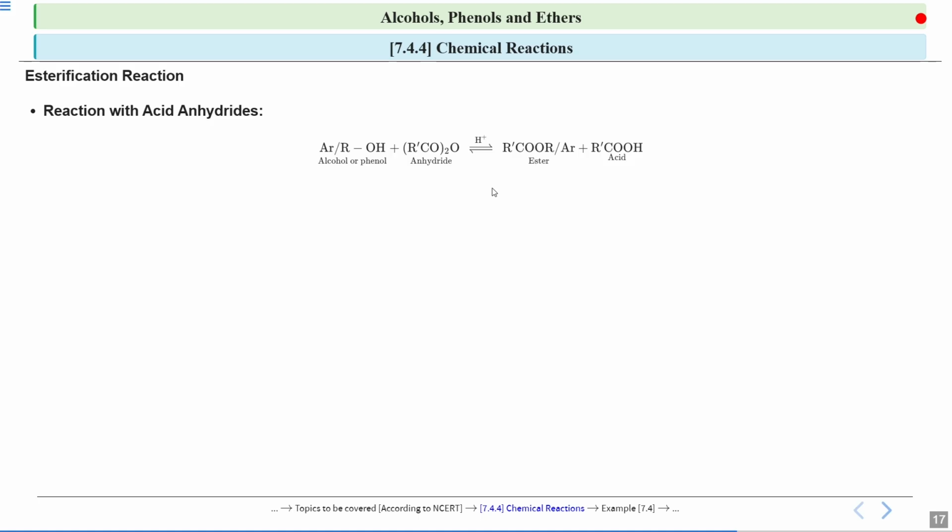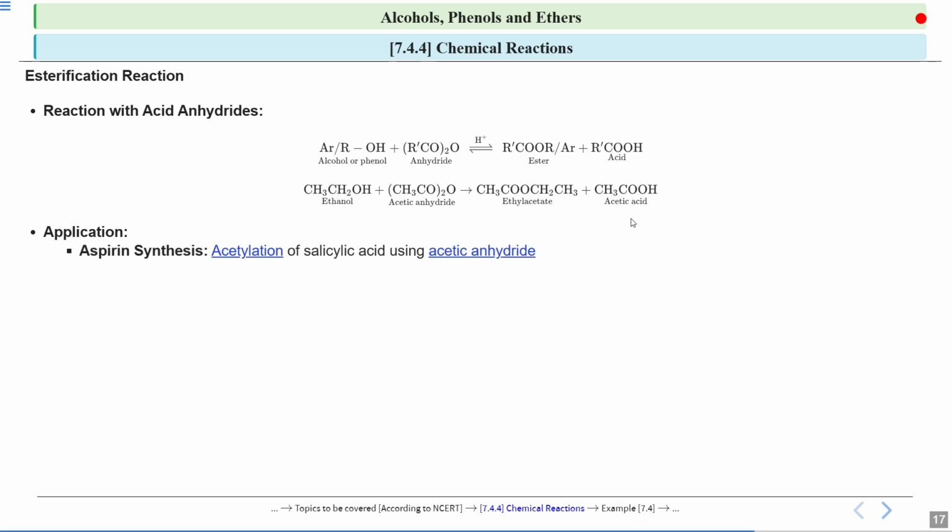If you look at this reaction, this is an alcohol, ethanol, and this is acetic anhydride. When the alcohol and acetic anhydride react, you will get an ester and a carboxylic acid, CH3COOH. So correspondingly, we get an ester as well as acetic acid, which is a carboxylic acid. This was the reaction with acid anhydride. So in the case of acid anhydrides, you get an ester and a carboxylic acid, and in the case of acid chloride also you will get an ester.